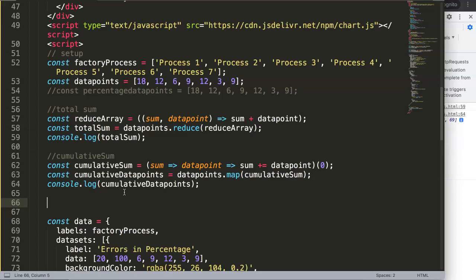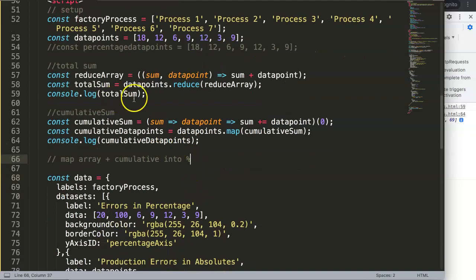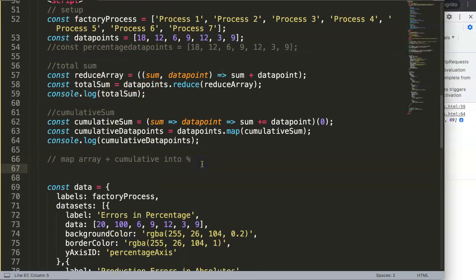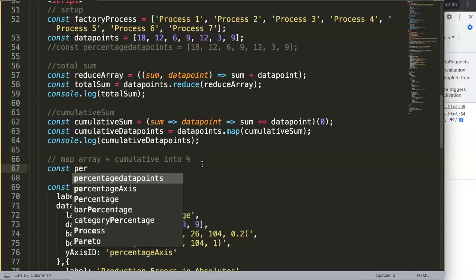So what we're going to do here is basically the final item, which would be again a map array plus the cumulative into percentage. Alright, how we do that? Well, we have the total sum here, so now it becomes quite straightforward. All what we want to do here is, well, it's a constant, and then this will be, let's say, the percentage